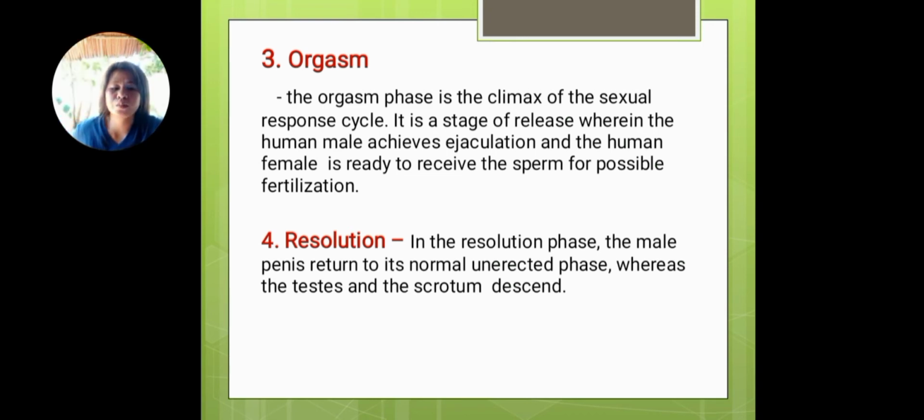So normal na ang heartbeat, breathing, ang nipples sa babae dili na siya hardened or erect, mabalik na siya sa normal. Ang penis sa men dili na siya strong or dako. Ug ang changes sa color before sila nag-intercourse, mamula man sila, mabalik na siya sa normal color or sa previous color.